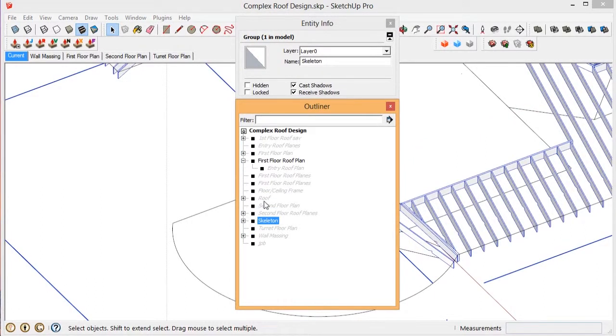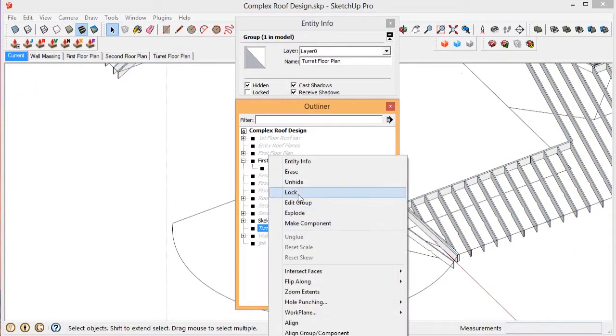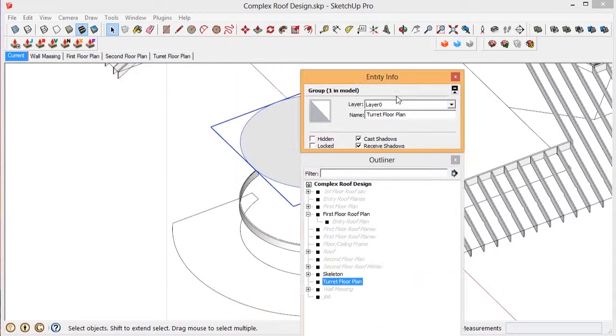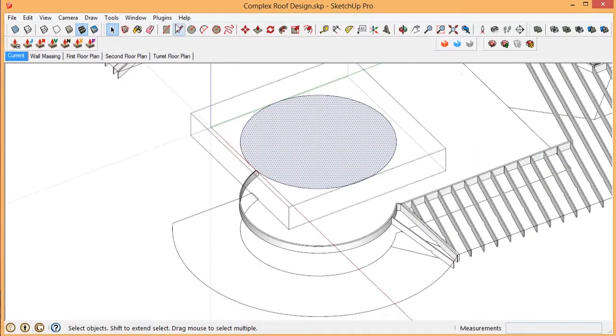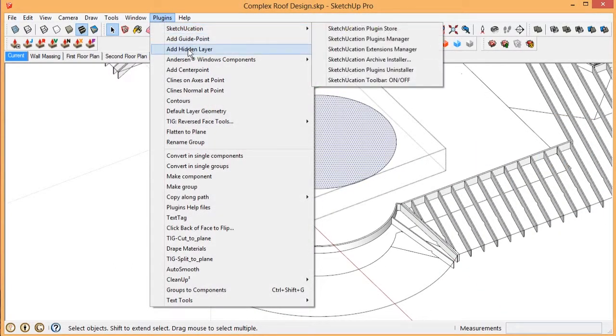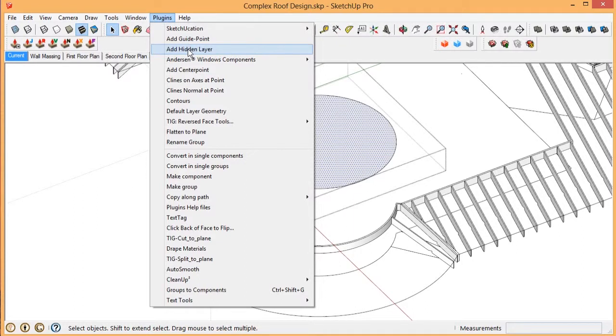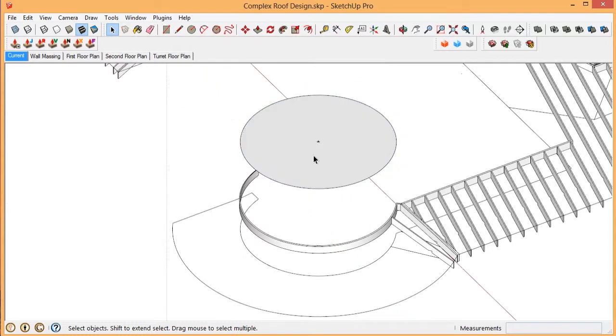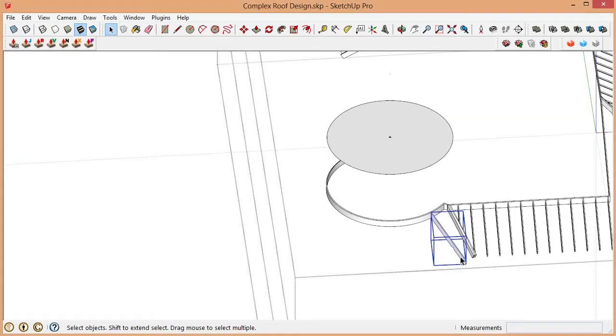Collapse skeleton. And then I'm going to find the turret floor plan, which is hidden, and unhide it. Select the face, go to plugins, select this plugin that I had you download and install. It is add center point. There we go. So I want to take this rafter and I want to copy it around this ledger, but